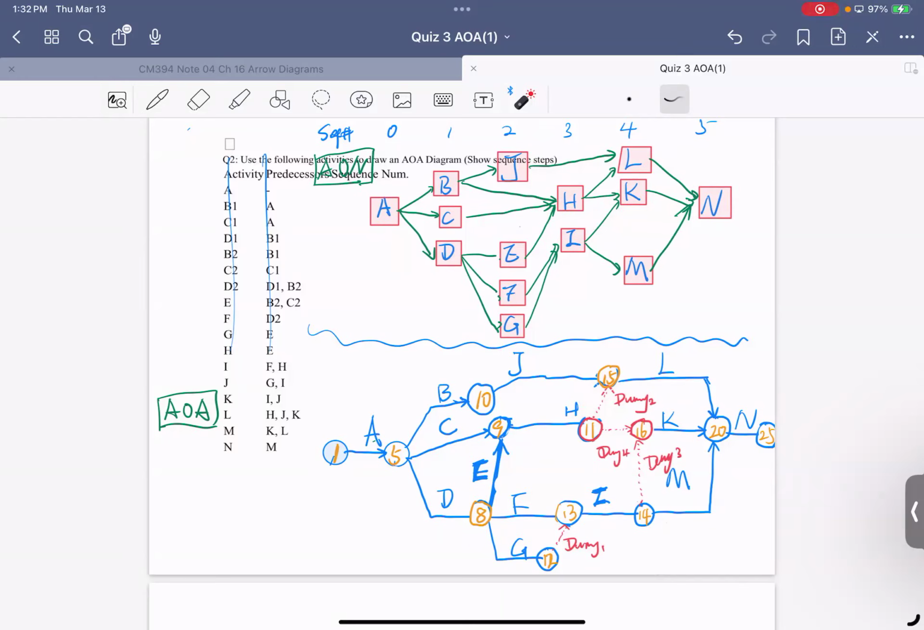And the dummy we need to have over here is because we want to have this I to K relation, right? So we need to have a dummy here. At first we put a dummy here, but we cannot do that, because if we put a dummy like this over here, that will make F going to L. We don't have the relation F to L. F is here, L is here. There is no link. So we cannot do this. So we need to